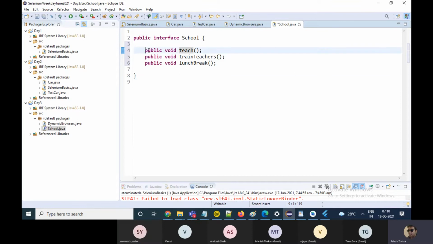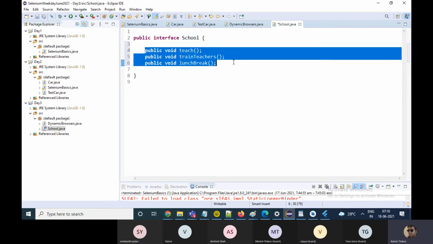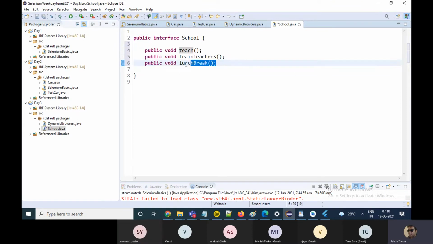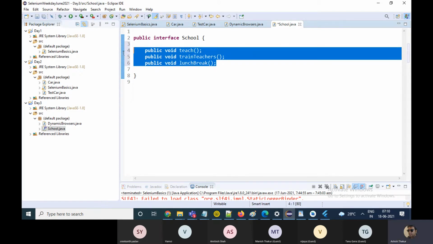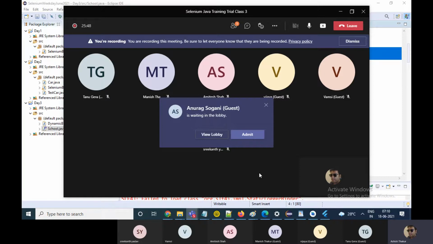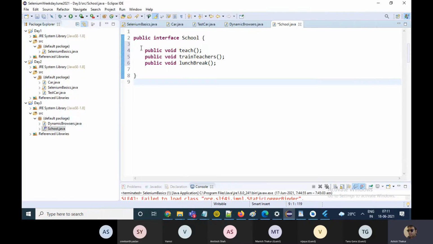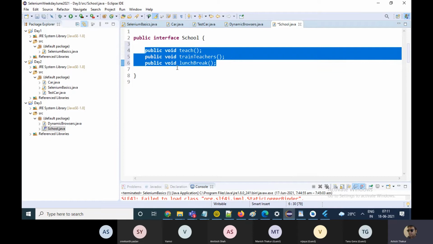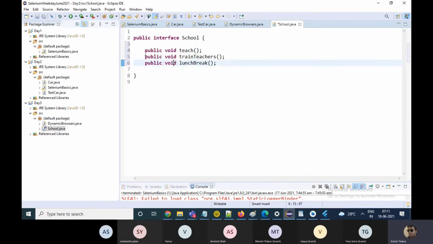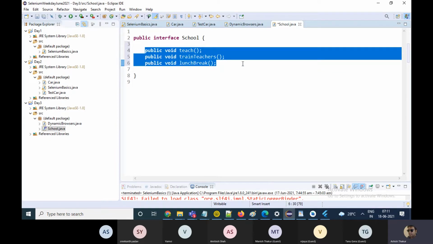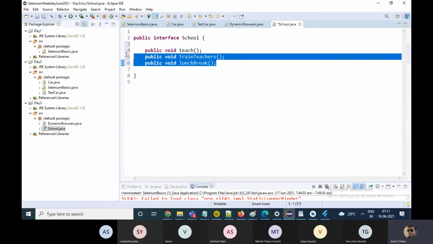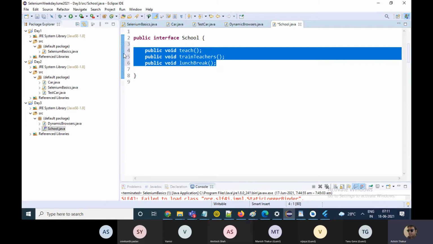Okay, you really don't know how these functions for the interface school will be implemented. Okay, so in order to work with the interface, you need to implement the functions of the interface.